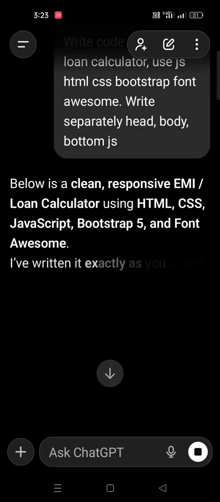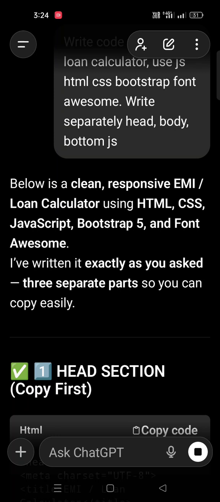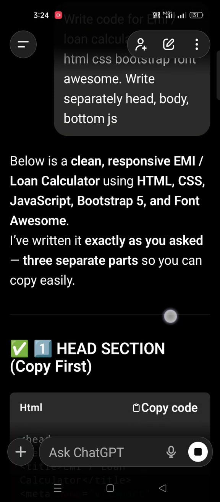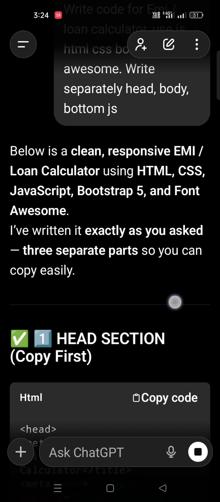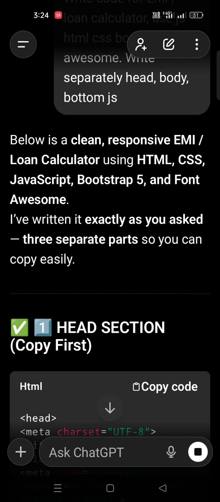Here you go, ChatGPT is working right now, and below is a responsive EMI loan calculator using HTML, CSS, JavaScript, Bootstrap 5 and Font Awesome. I have written it exactly as you asked, three separate parts, so you can copy easily.